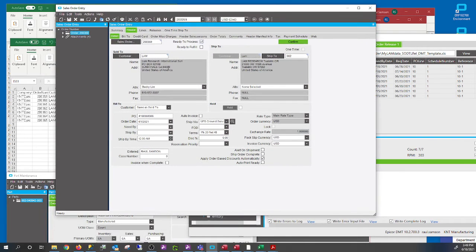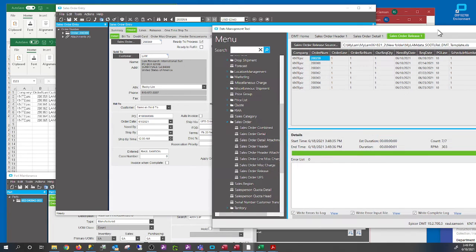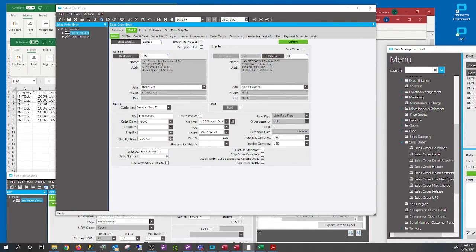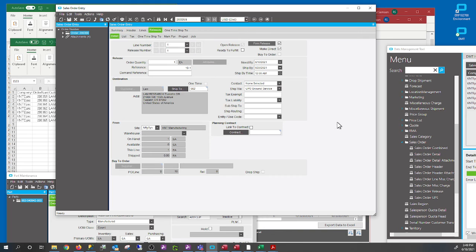It's right here. There we go. Whatever data we have from our spreadsheets has already been loaded into our system. Now, if you look at the release, you will notice that the make direct has been checked because that is the default for the sales order.